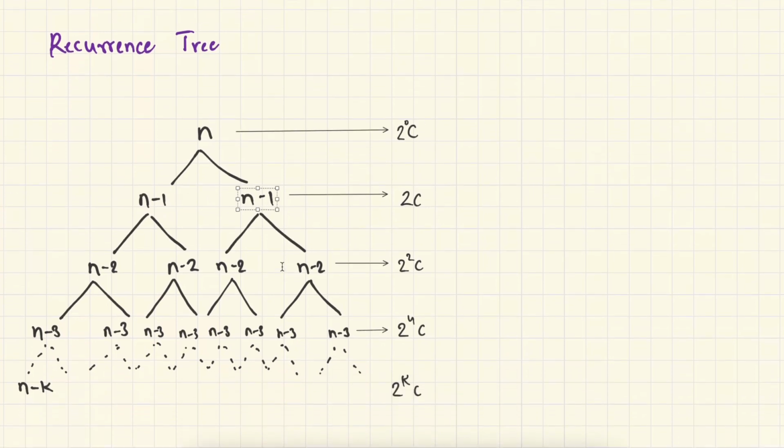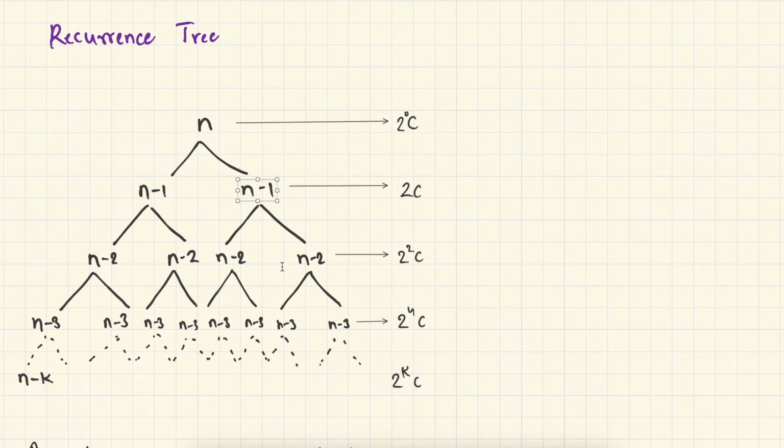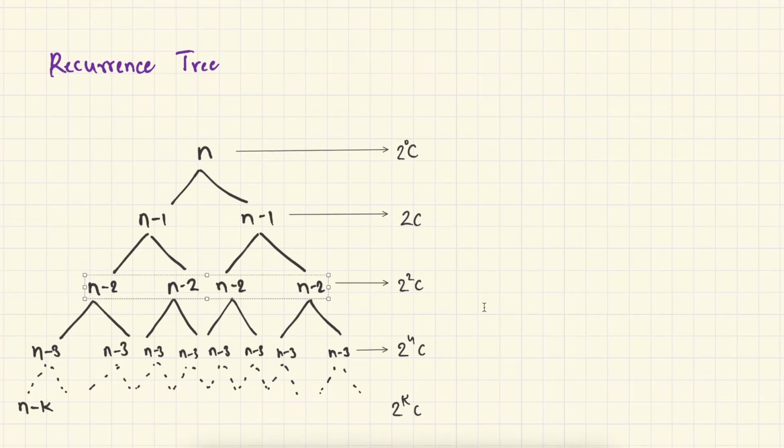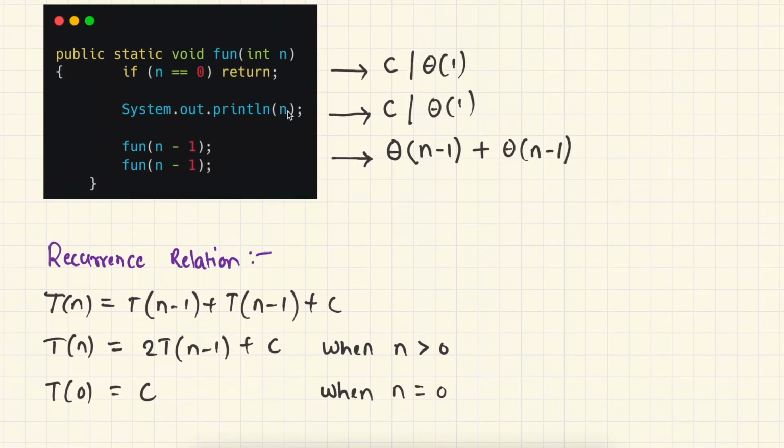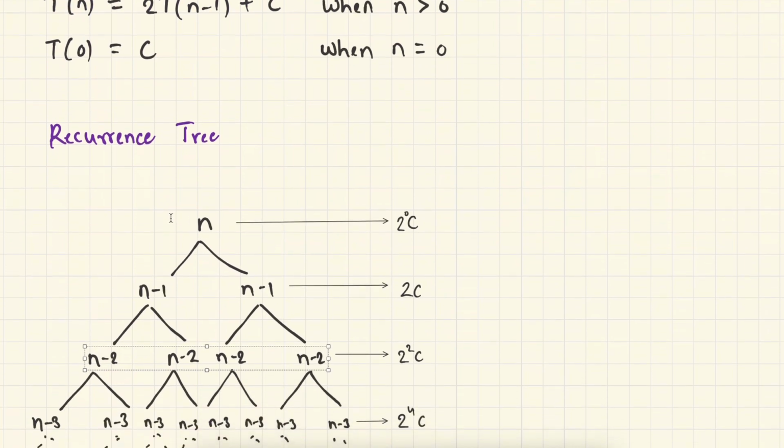Now n minus 1 is again going to do some constant work and make a recursive call to n minus 1 minus 1. So it becomes n minus 2, and this process continues. So the input is going to reduce at each level of the tree. Now let's calculate the amount of work we are doing at each level. So here we are doing a constant amount of work. So when we call the function the first time, this function does a constant amount of work,